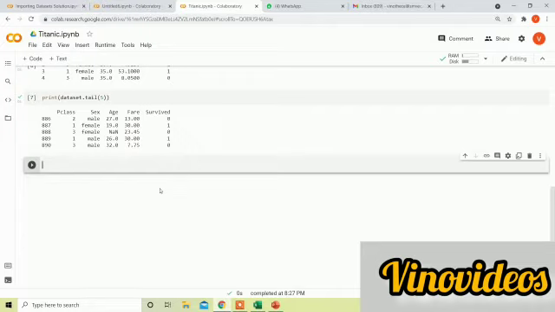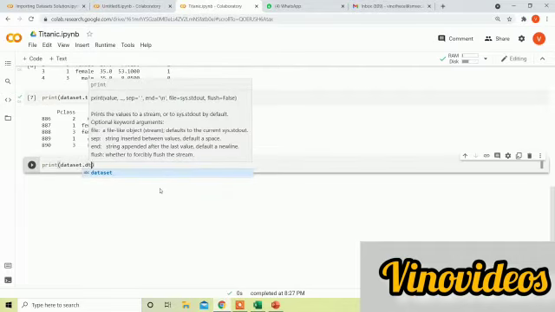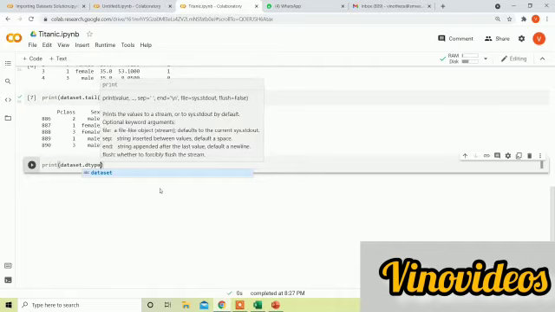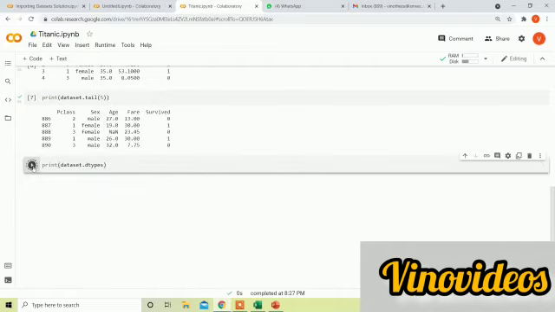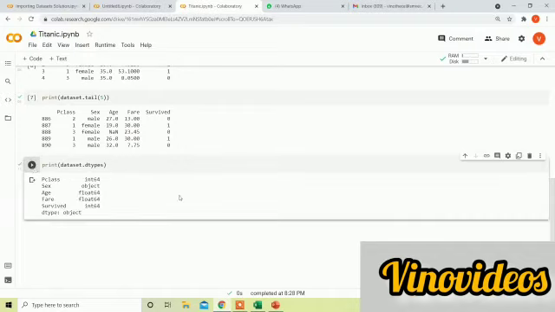For that you need to give the command print dataset.dtypes. So dtypes is nothing but data types. If we run this, it will show what data types are present in that data set.